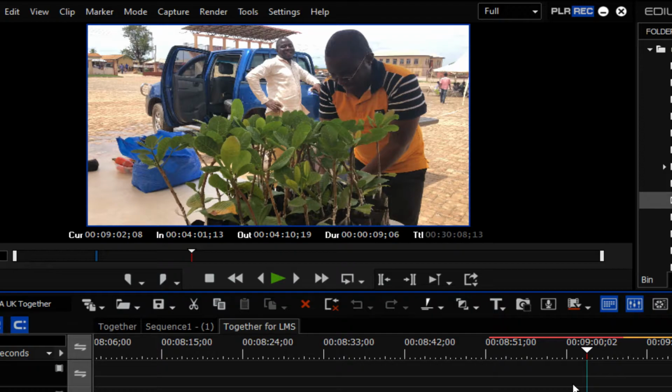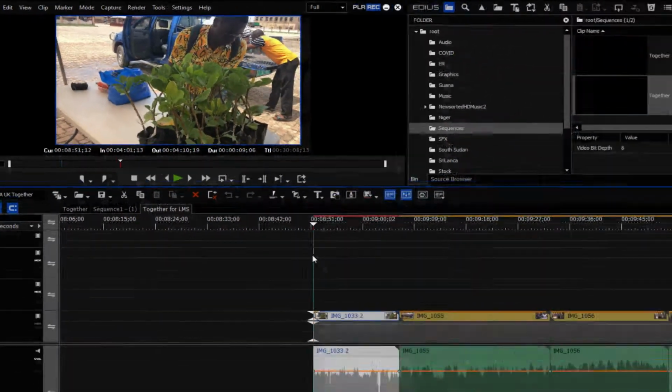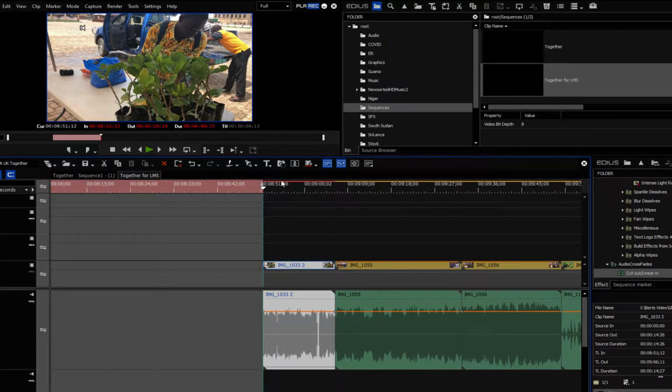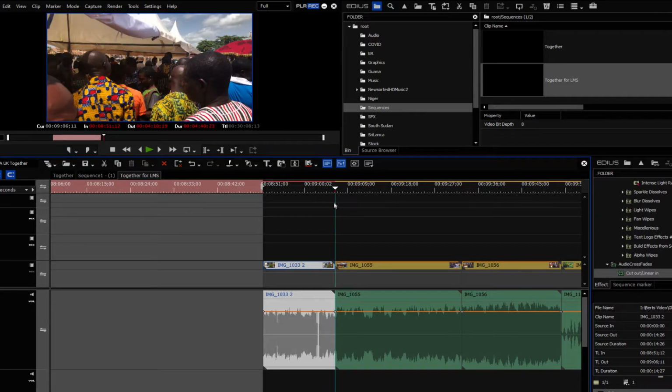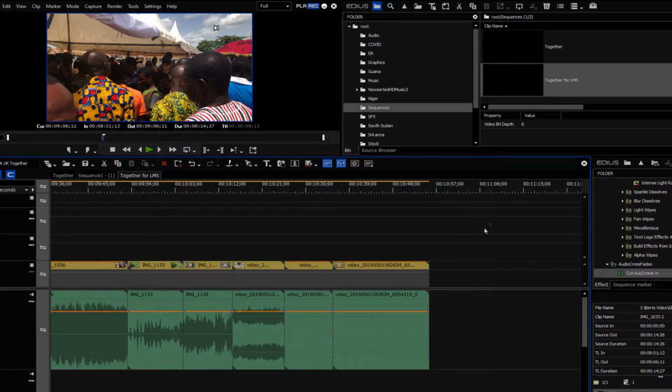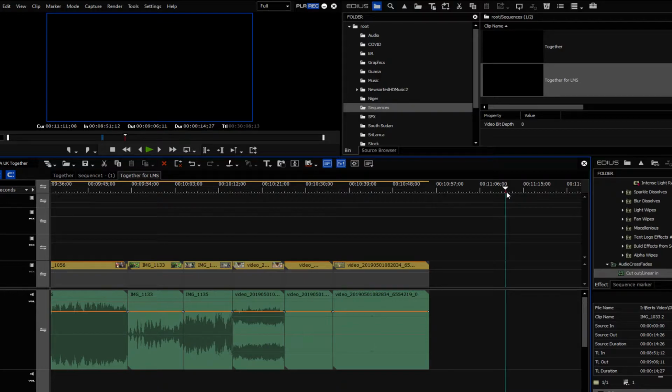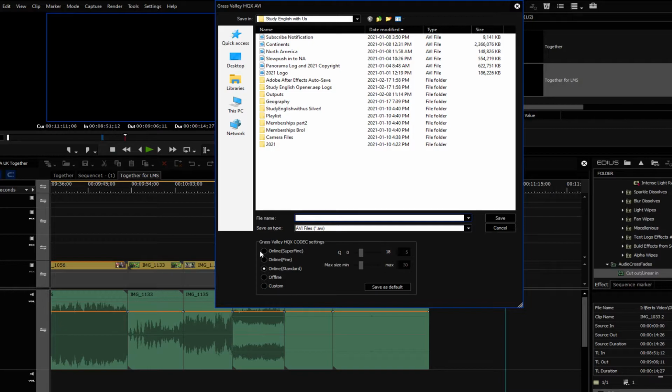Because as I experimented with it and worked with it, I found that if I was, for example, to do an in and out here of this clip, and just export that clip to, say, an Edius codec, let's just do that. Let's go and use Grass Valley. Let's use the HQX and export it, and we'll use the super fine settings here and sample